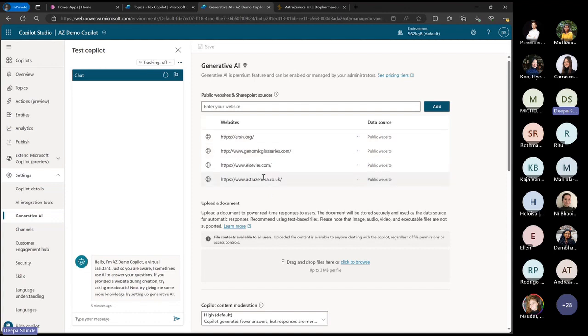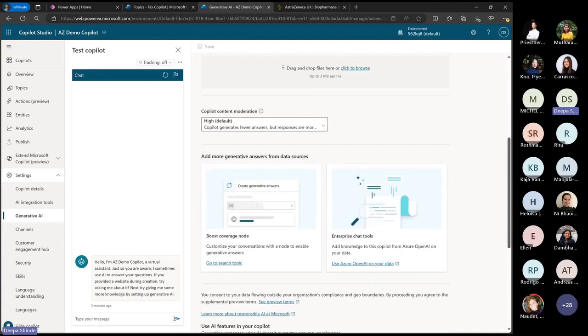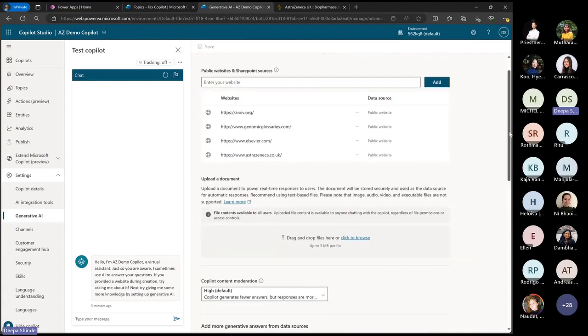What does it mean? It means that it will use these data sources to get information on the questions that the user is going to ask. On what type of questions? It will do that for the type of questions that you haven't designed a topic for, and those questions are called unknown intent. If a known intent comes from the user, which means it maps to a topic that you have already created, then it will go to that topic, and that's where the answer or actions will be taken for the user.